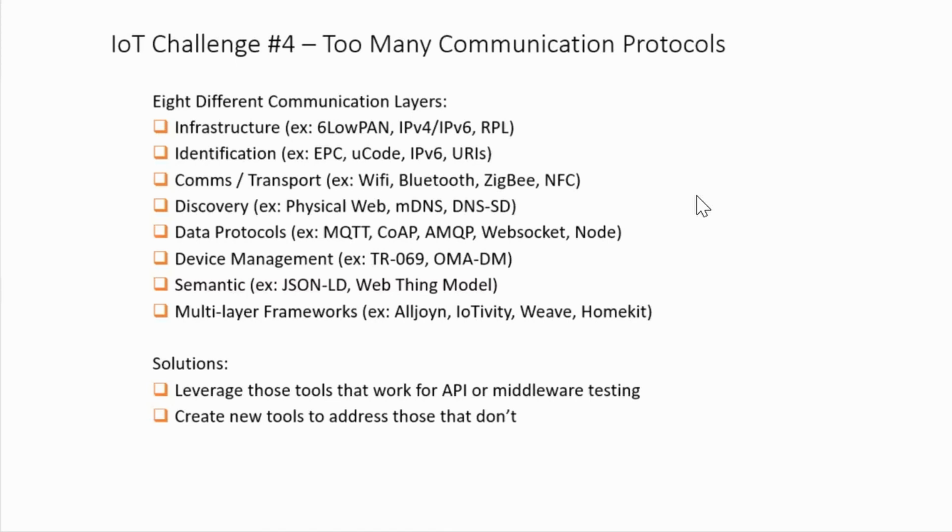Some of the solutions I have found to work well is using middleware, a lot of middleware tools like Postman and things like that, right? API testing. But you're not going to be able to use them right out of the box. You're going to have to do some customization. In some cases, like I had to do, I created my own tool to solve my problem because I couldn't find any tools out there that really did what I needed. So you may have to do that, find a developer, create your own utility.